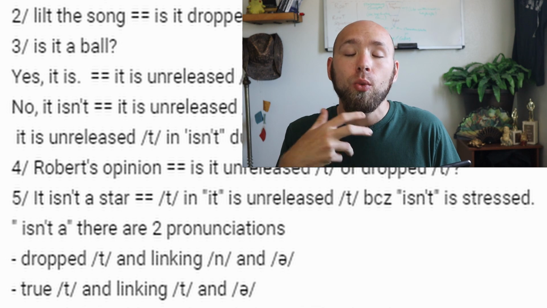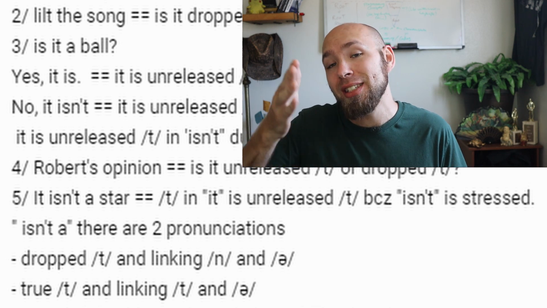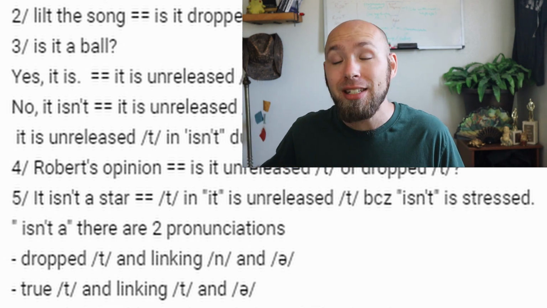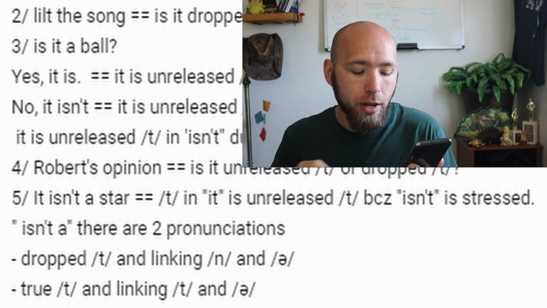There's lots of things that can happen, but this is real speech. Okay, this is real speech. And you don't have to memorize all the possible things that can happen, but you have to understand that there's maybe more than one right answer depending on what we're talking about. But the reason why "isn't a" works is because of this separate rule, NT plus vowel, rather than just the T plus vowel.